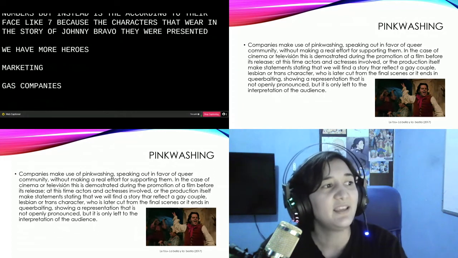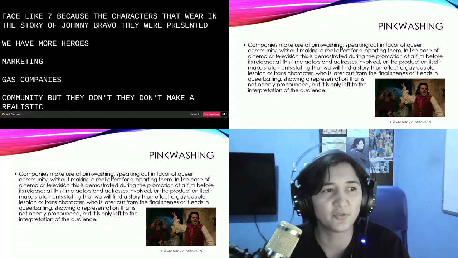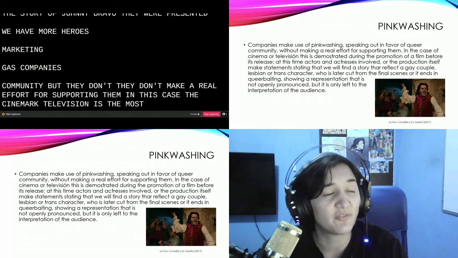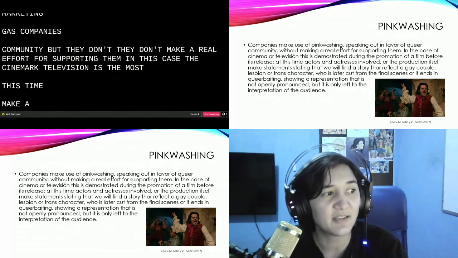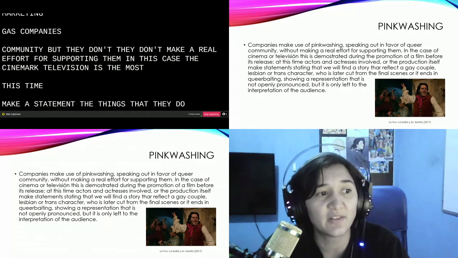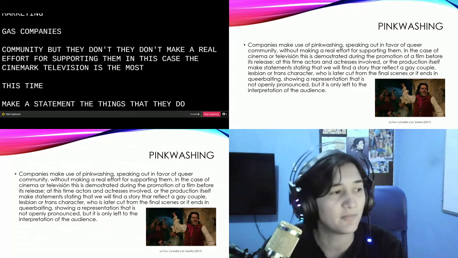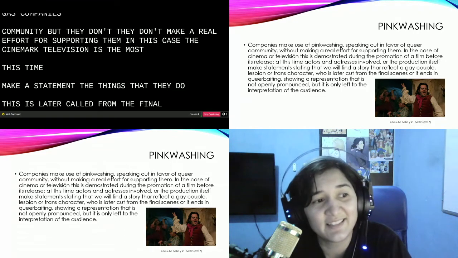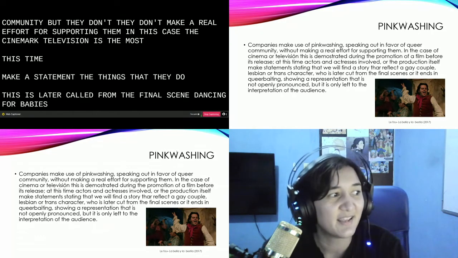So they speak in favor of the queer community, but they don't make a real effort to support them. In this case, the cinema or television is demonstrated during the promotion of a film and before its release. At this time, actors, actresses, or the production itself make statements saying that we will find a story that reflects a gay couple, or lesbian, or trans character, and they promise everything. But this is later cut from the final scene and it ends in queerbaiting or pinkwashing, like showing a representation